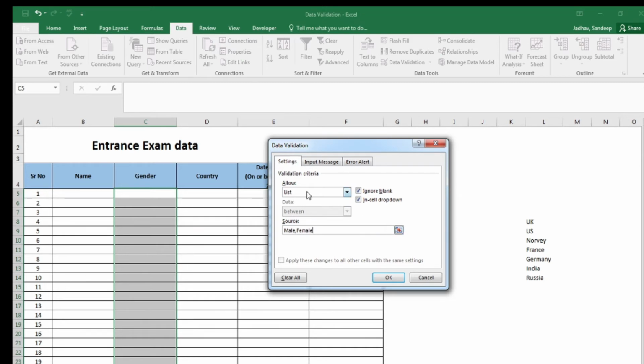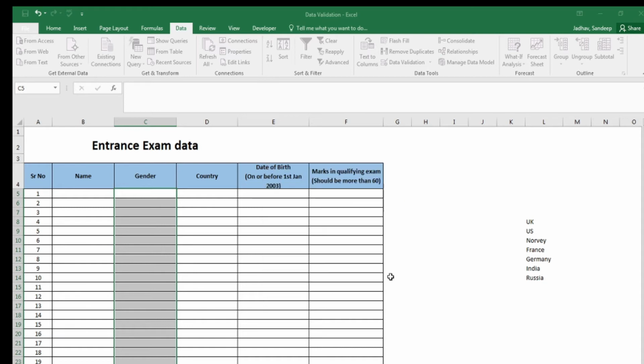So we have put the restriction. I will not put any input message over here because there is no chance of error happening, because they are going to select only from the drop-down list which is going to be created over here. I'll just say okay. Now you can see the drop-down is created and the options under this are male and female, which they have to select.